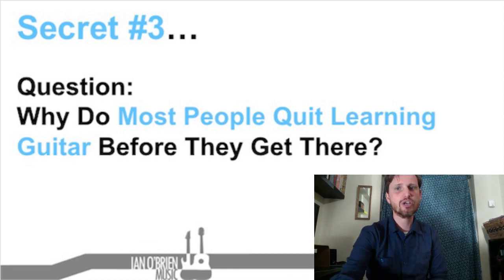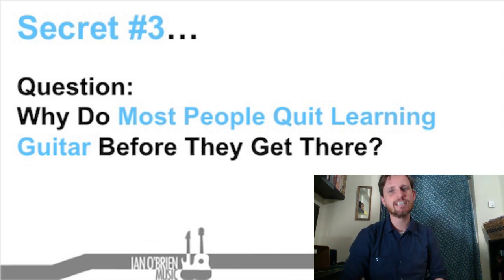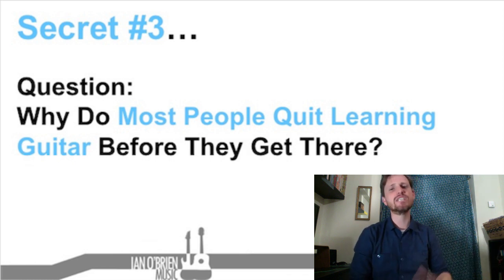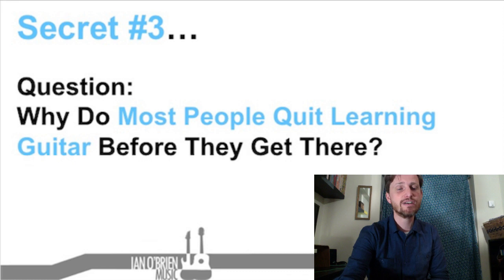What if you could dial up a real classic guitar song from the 60s, Bob Dylan or the Beatles or Neil Young, and instantly see how difficult it was and what the individual building blocks of it were, what the rhythm is, what the chords used are, and find a version that was right for your current level? What if you could do that? That would be pretty cool, right? Well, I'm going to show you how to do that in a second. But first,